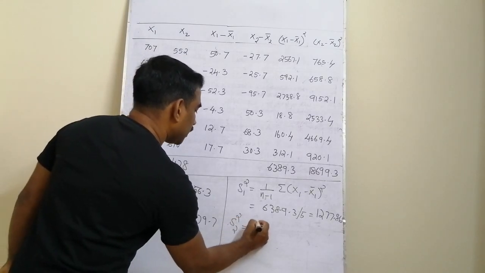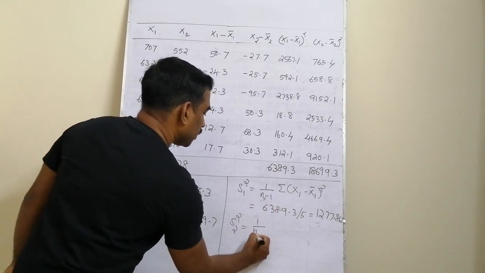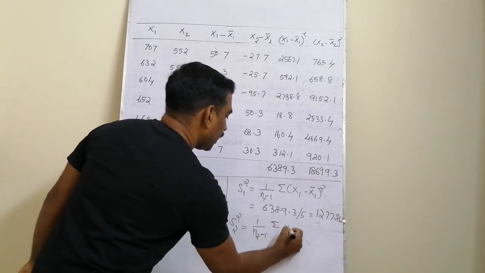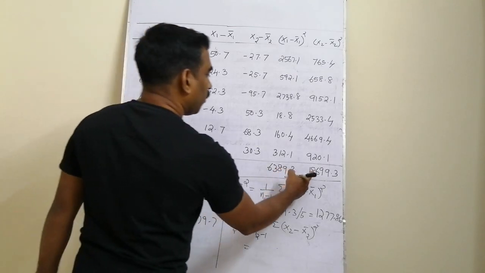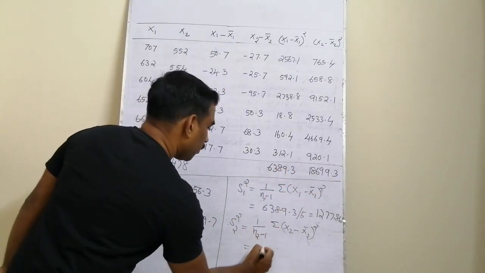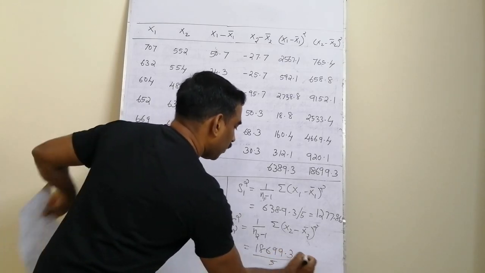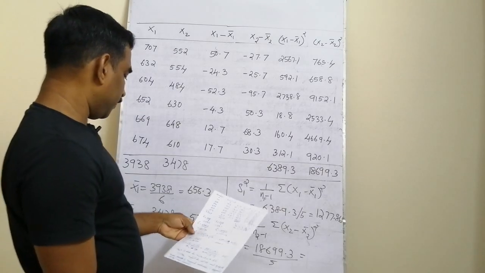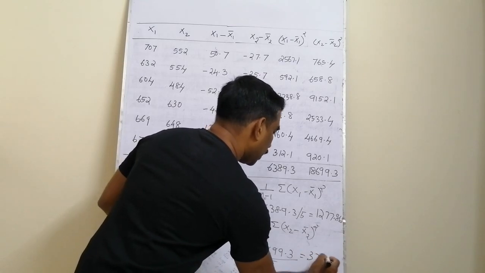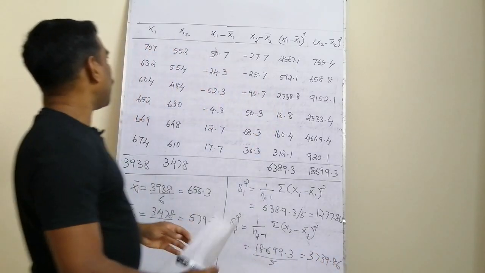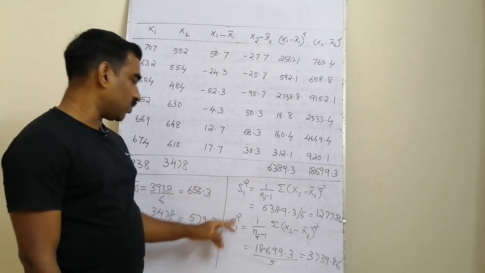And similarly the second sample variance is, using the same formula, 1 by n2 minus 1 into sigma x2 minus x2 bar the whole square. That is dividing 18699.3 by 5, and we get the second sample variance s2 square as 3739.86. So from the given data, we have computed sample mean x1 bar, x2 bar, sample variances s1 square and